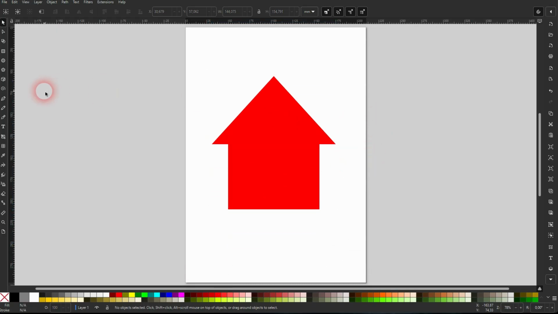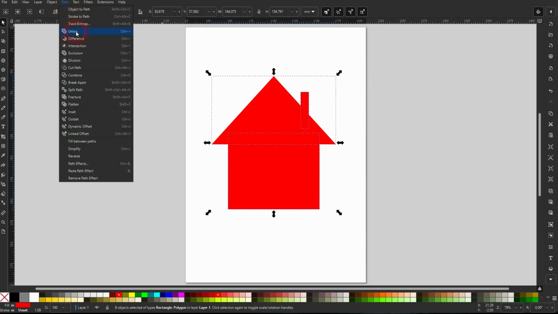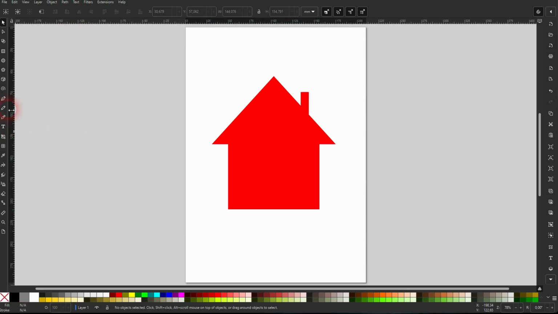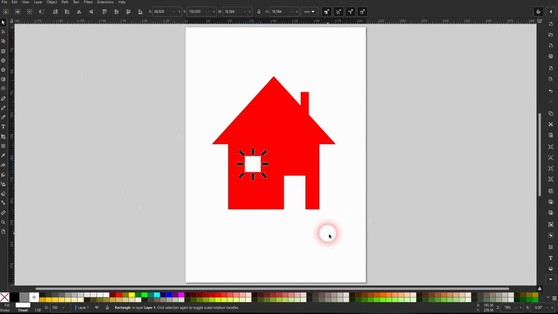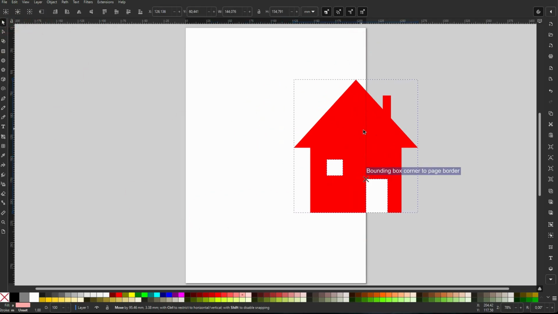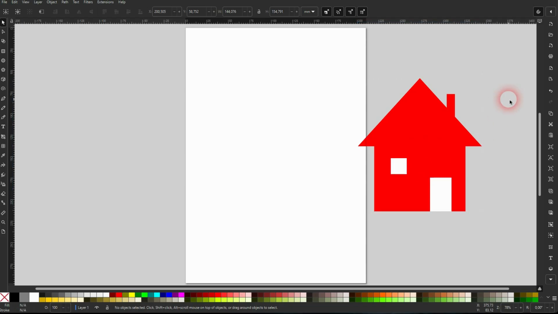I add a chimney using the rectangle tool. And then I select it all and use union. So far so good, we've done that in the last video. But in the last video, I've then used the rectangle tool to create a door and a window using a white fill color. That looked alright, but for the most part, you will actually see that the home icon will